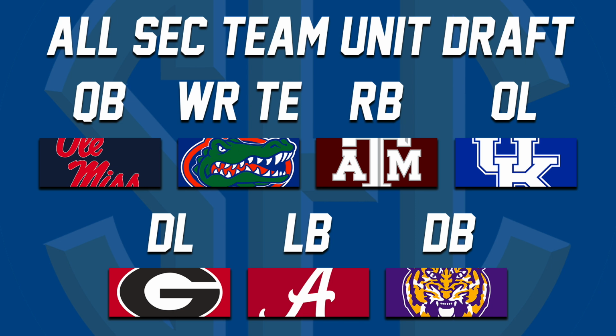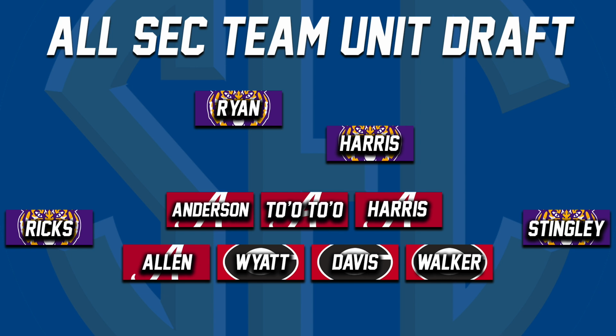So I'm going to give you guys my starting defense, my starting 11 on the defensive side of the ball. So starting off, let's do our D-line. So our D-line is going to look like this. We're going to put Christopher Allen at the outside linebacker position, so he's going to be starting up on the line. You got Davis, you got Wyatt, you got Walker, all on the D-line. Then at linebacker, so I'm going 4-3-4 here. I'm going Will Anderson, Henry To'oTo'o at the mic.